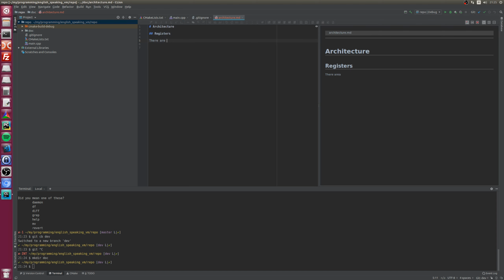There are, for now, 65 general purpose registers named... okay, there will be two kinds of registers for now.